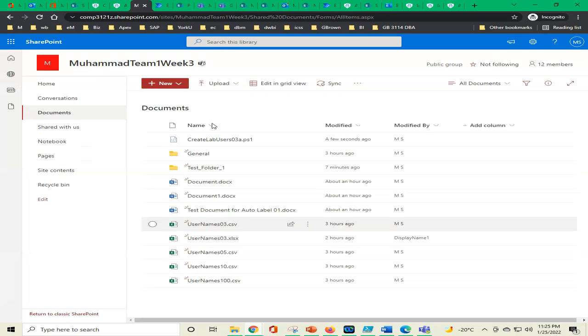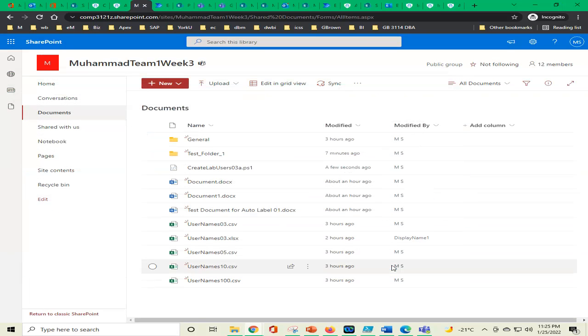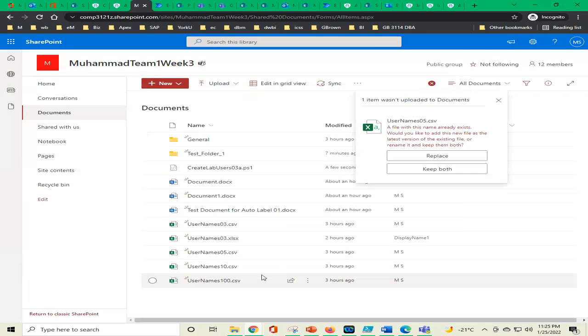Okay, I click upload and try to upload a file from my list. Any file I want to add. Okay, this time I add username 05. If this one is not there, this one is not there. Before it was 03 over there. So I click 05 now and see what happens. I click open. So the file should be uploaded there, one thing. And the next thing, it should give me